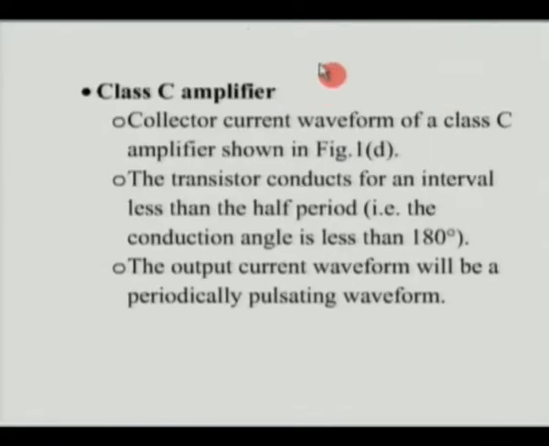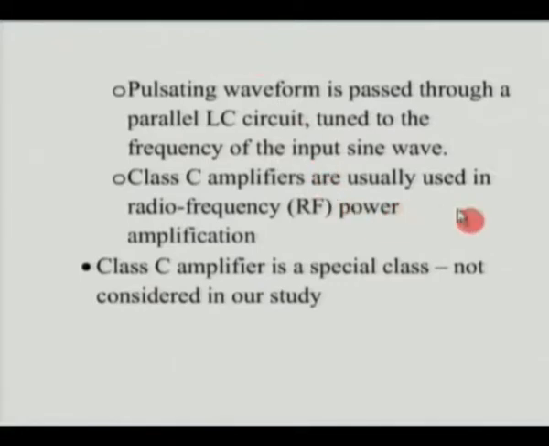Now when we talk about class C amplifiers, this was the waveform we saw in the last one, where we saw that the transistor conducts only for an interval which is less than half period. So the conduction angle was less than 180 degrees. Now the output current waveform is actually a periodically pulsating waveform,